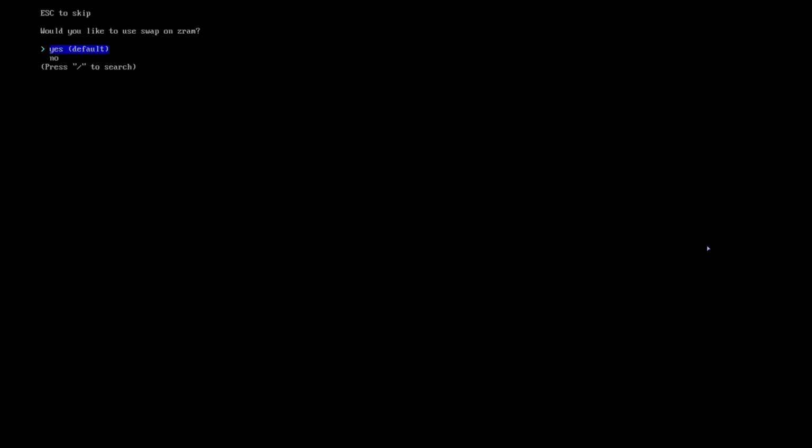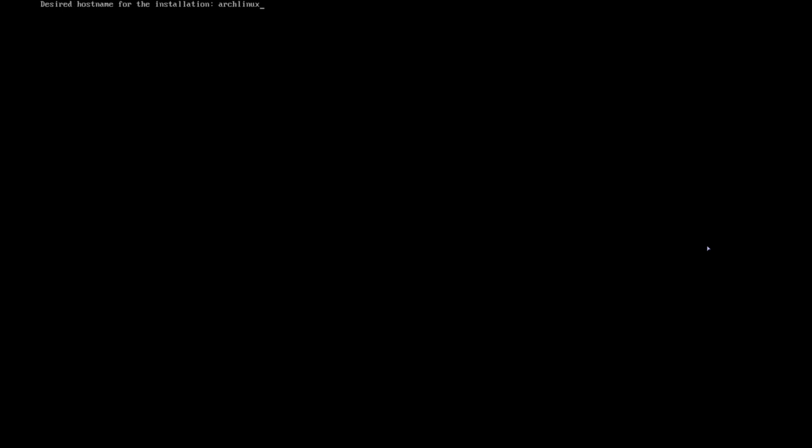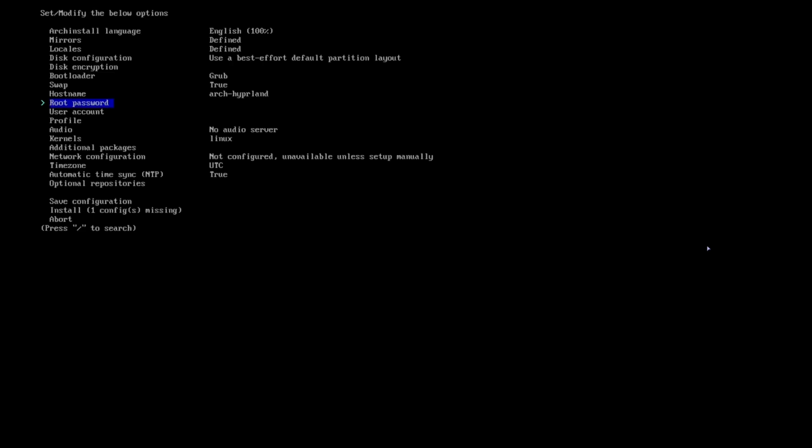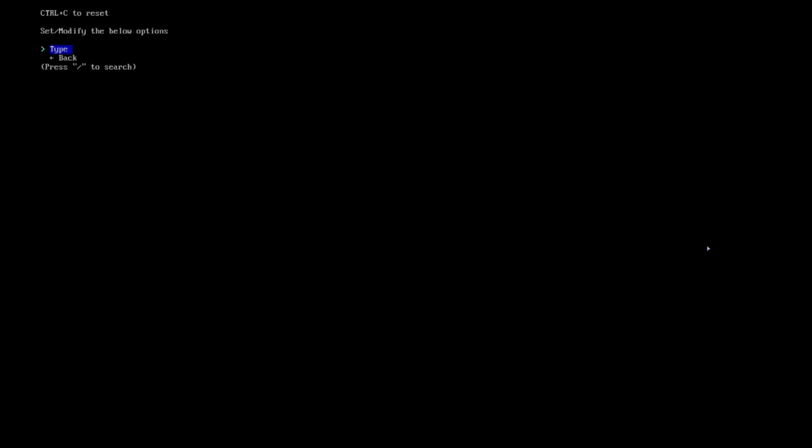Swap, don't be confused, this is not a swap partition, this is only ZRAM. Hostname, you can put it the way you want. I'm just gonna put here Arch Hyprland. Root password, I will not activate now, but the user that you will be adding should be in the sudo group or sudoer. Profile, this one,